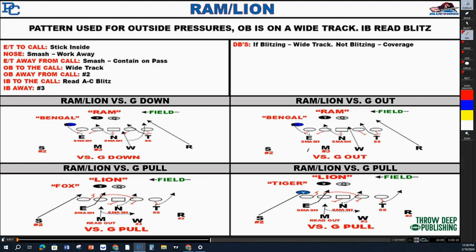The first one we're going to talk about is one of my favorites. It's actually a readout blitz that has more moving parts than the rest of the patterns. We call these our Ram Lions, and then we take that and mix in animal calls for signals to really allow us to make them one-word calls, get them out fast, because they could also be used for tempo calls, especially when the offenses want to just stick to some simple inside zone, some simple drop back pass